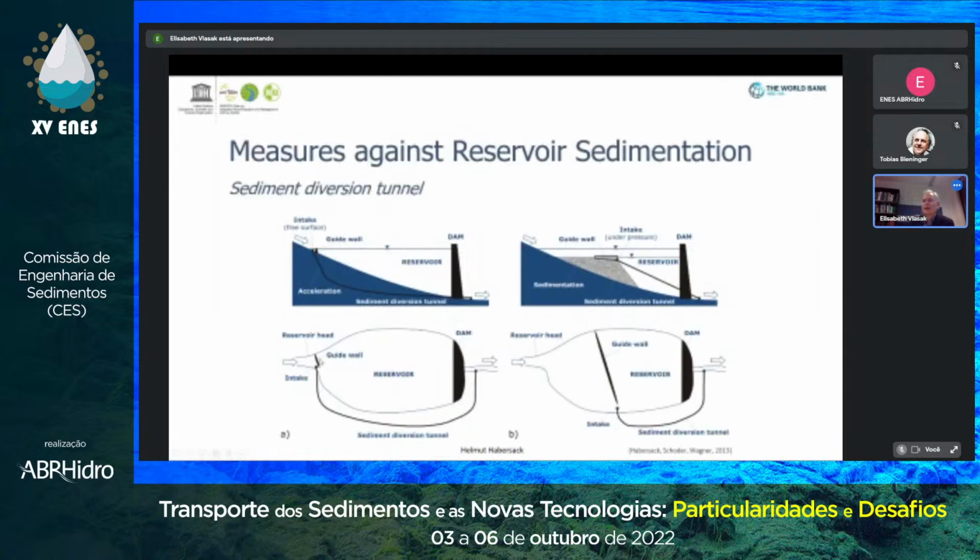What does it mean now? Now, if we go here for sediment diversion tunnels, this is a very costly measure. And there are examples done, for example, in Japan and also in Switzerland, where at the upstream and at the intake here into the reservoir, you might use a sediment diversion tunnel, which was built during the construction to simply guide the sediments around the reservoir and directly into the downstream area. So you can do it also in the middle. You need a guiding wall to transfer this sediment downstream.